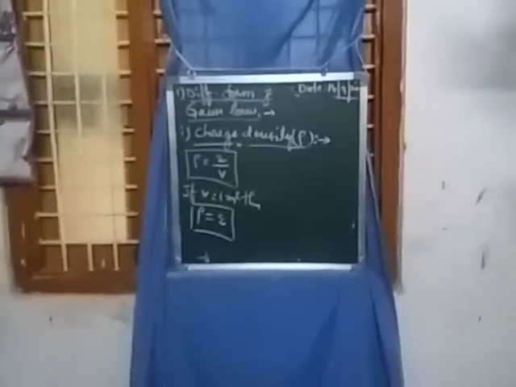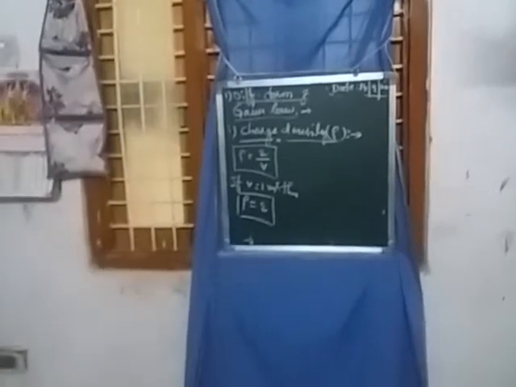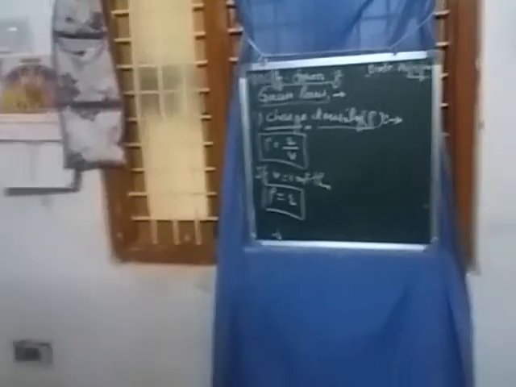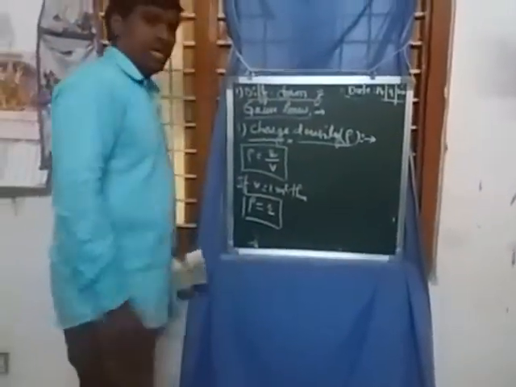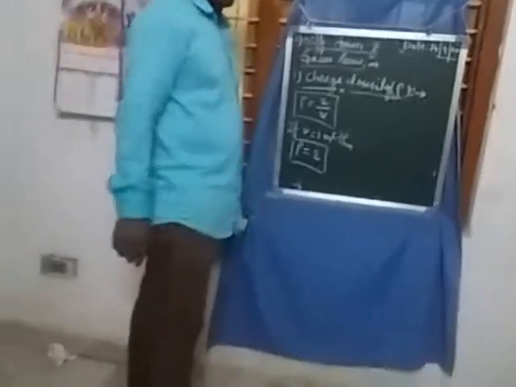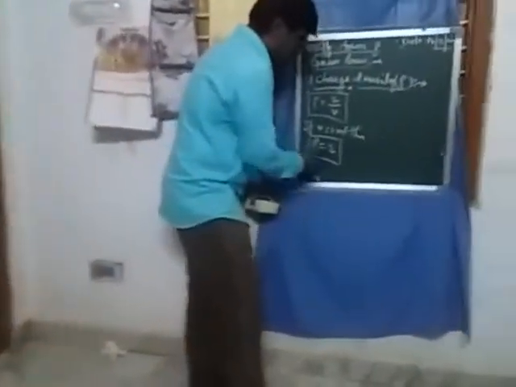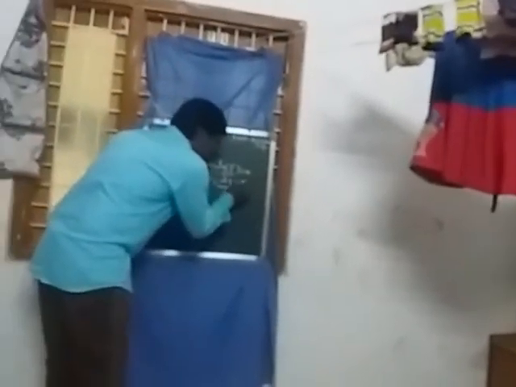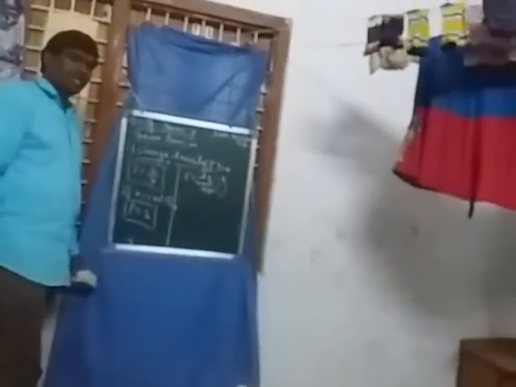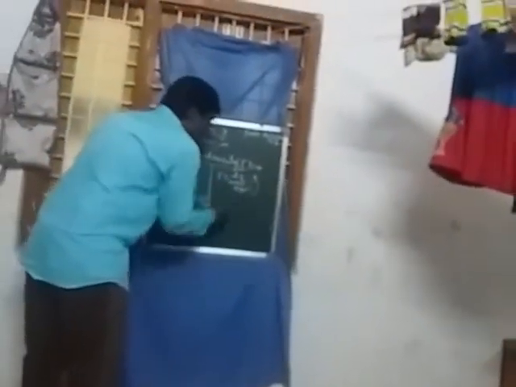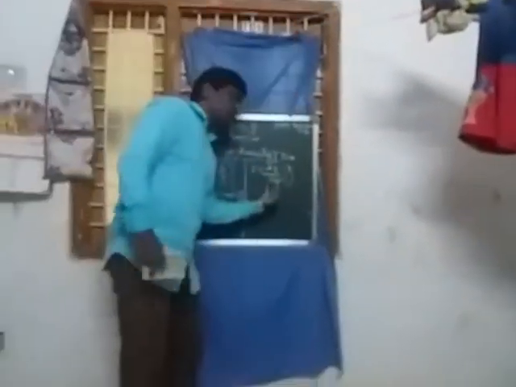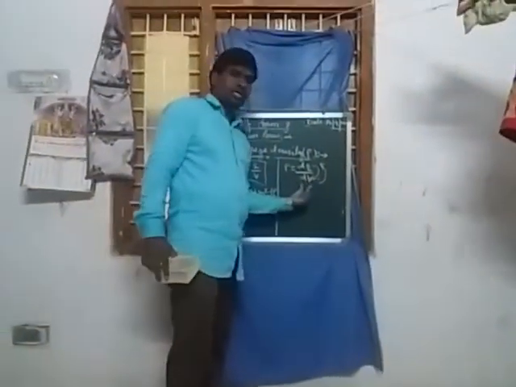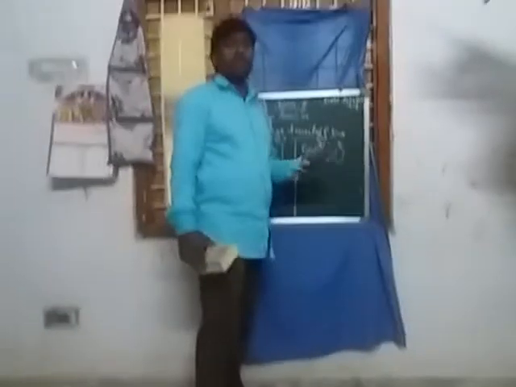So let us take the charge density definition, and we can determine the differential form of the Gauss law. When we take rho, the charge density depends on the charge and volume: rho is equal to dq by dv. If the charge changes, the volume changes; if the volume changes, the charge changes. That's why we take rho is equal to dq by dv, a small change of volume and small charge. Why have we taken the small?